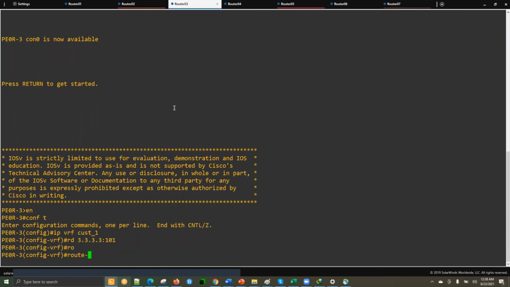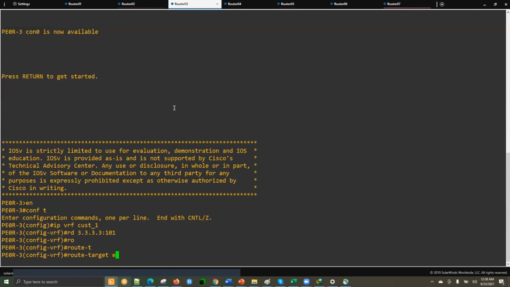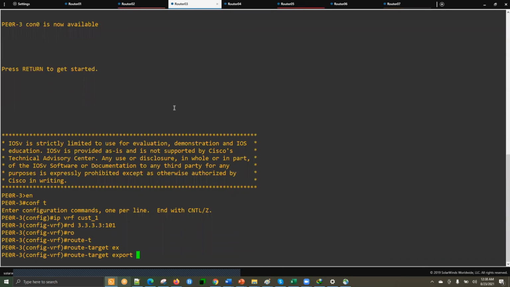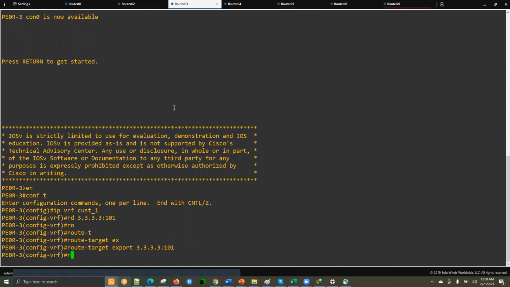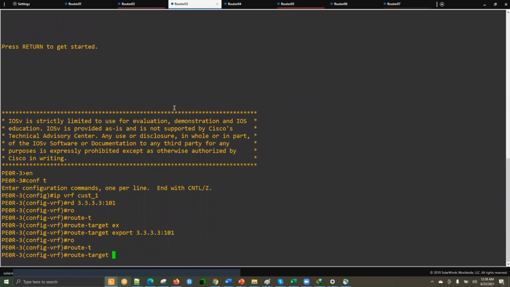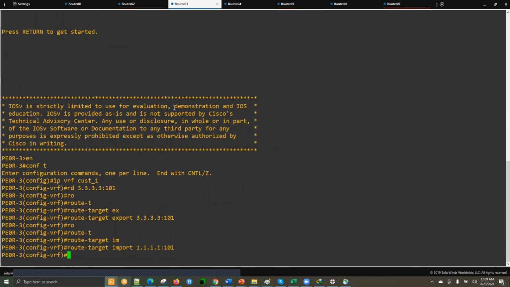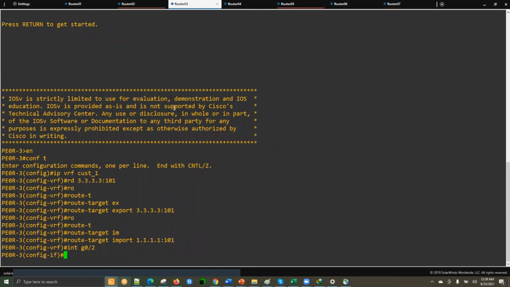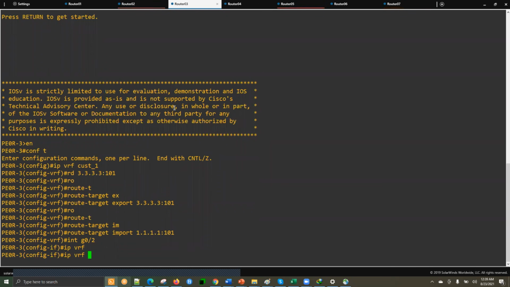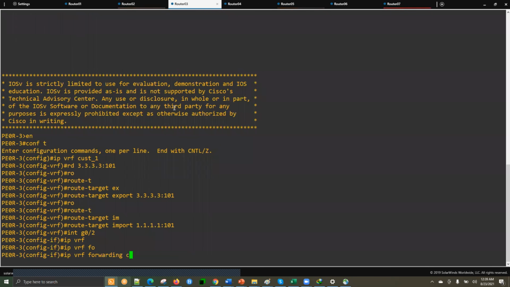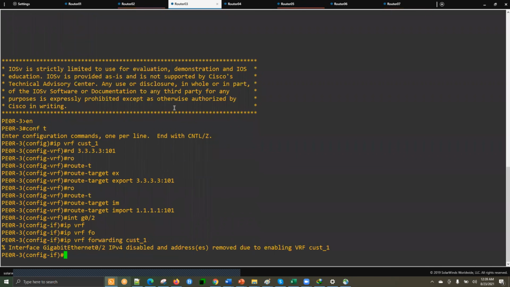Then route target, I want to export 101, and then route target import, I want to import 111:101. Then again I can go to gig interface 0/2, where we can go and do IP VRF forwarding related to customer 1, and then